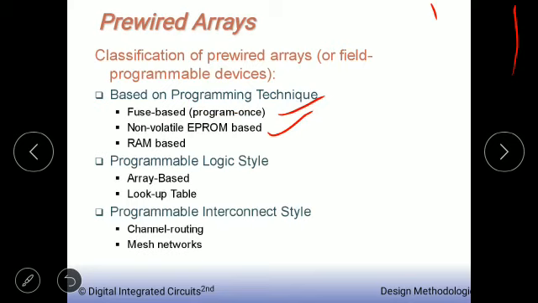Then we'll go to the third type, that is volatile or RAM based FPGA. We all know that RAM is a volatile memory. That means if you remove the power supply, it will lose the data content which it has stored. This popular approach to programming the logic array employs volatile static RAM, that is random access memory cells, for the storage of the program. Since these memories lose their stored content when the FPGA is powered down, reloading of the configuration from an external permanent memory is necessary every time the part is turned on, right?